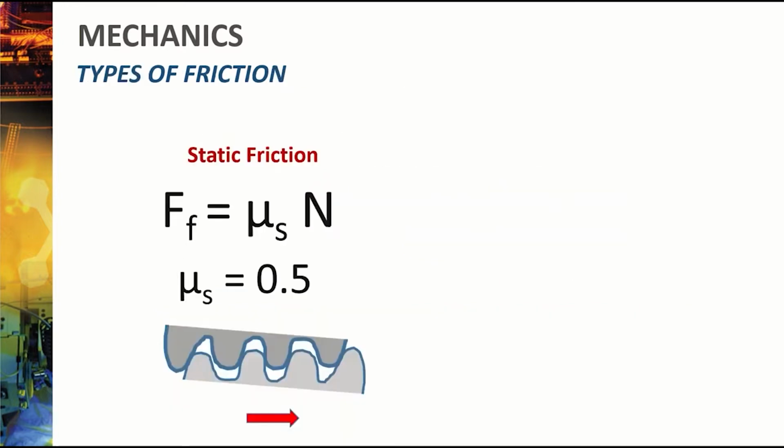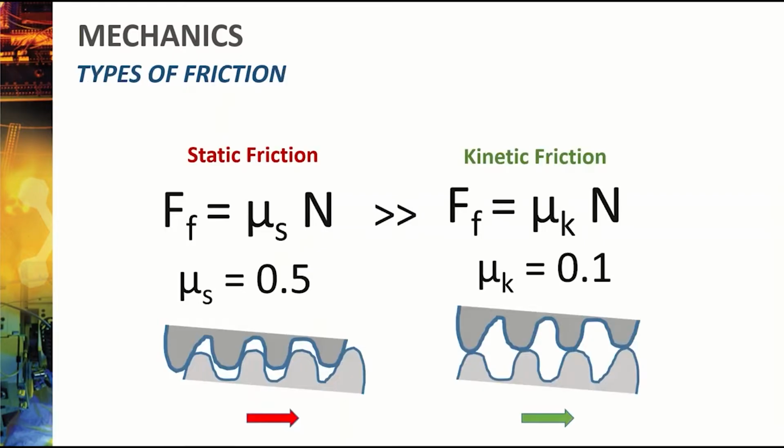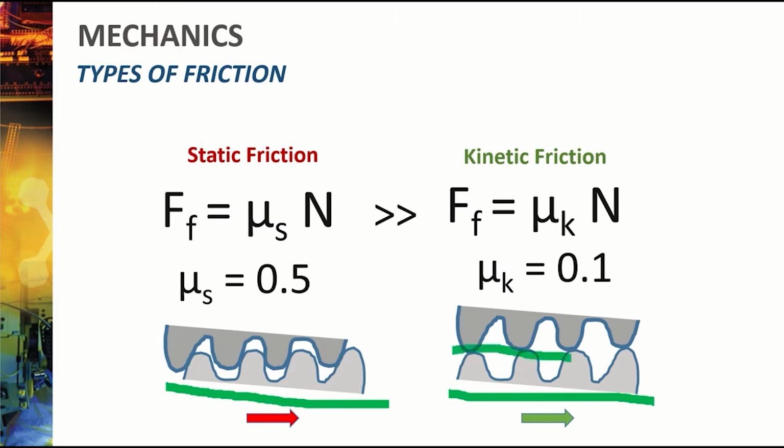Now, there's two types of friction. There's static friction and there's kinetic friction. We know that static friction is going to be a higher value than kinetic friction, and the reason is because when two solid surfaces rest against one another for a very long time, they become enmeshed in a way, and it takes more force to get them moving relative to each other because those bonds have to be broken. Kinetic friction looks like some weird funky teeth where the bonds are already broken, so one thing can slide on top of the other relatively easily. That's why we see this relationship here, that static friction is always greater than kinetic friction.